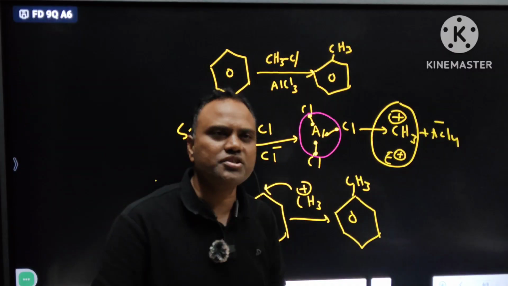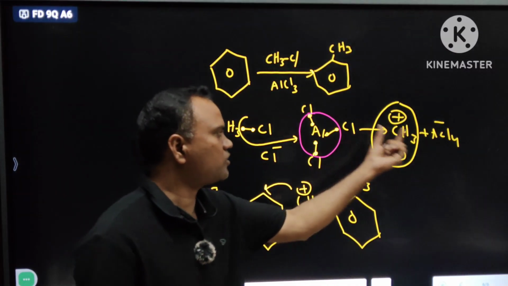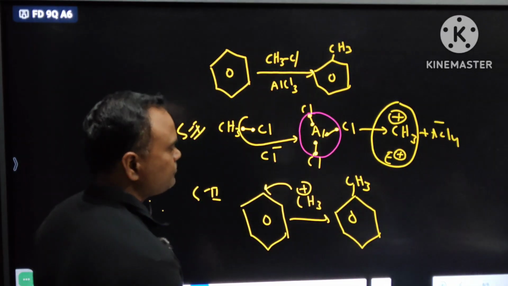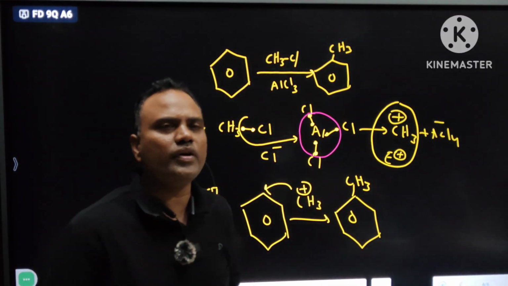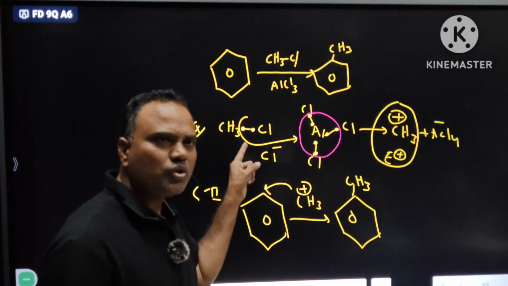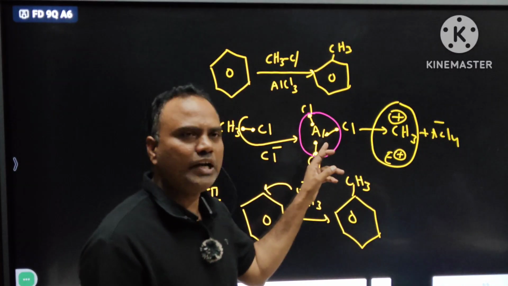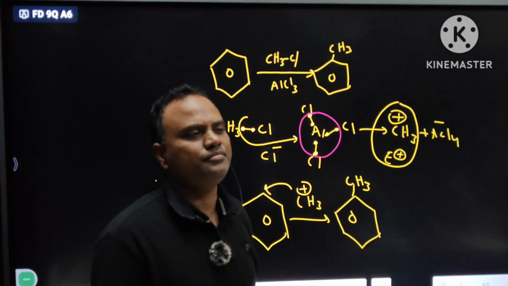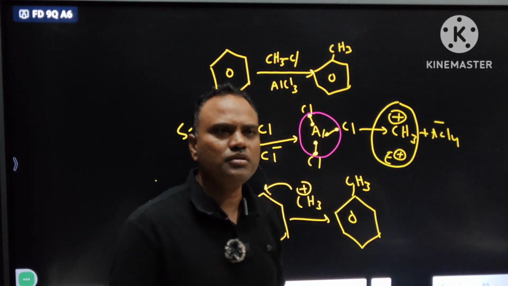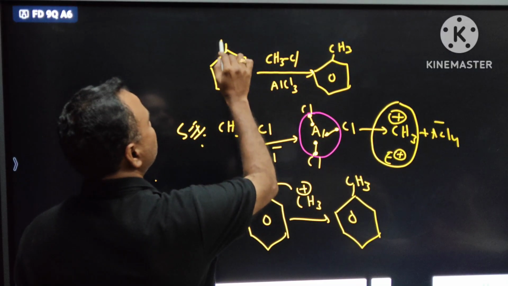Why does electrophile generation not take place when we take aniline? Let us see why. How is the electrophile generating? You tell me. When chlorine leaves along with the bond pair and attaches to AlCl3, then the electrophile is generated. CH3 is converting into CH3 plus. Clear? Right. But when we use aniline,